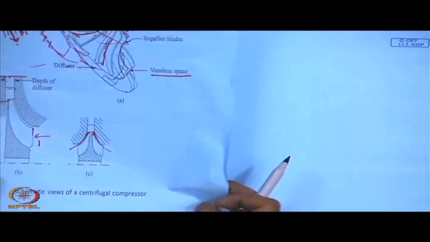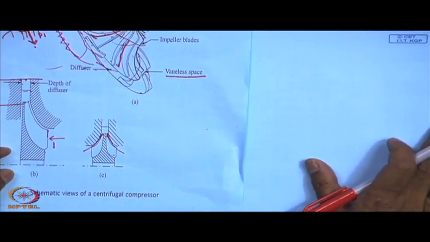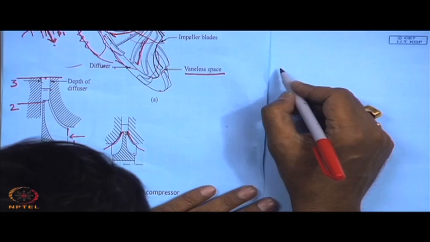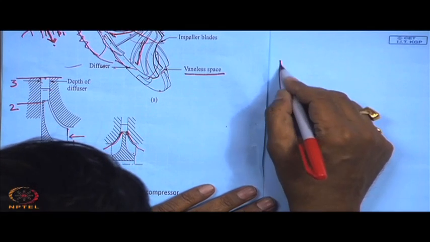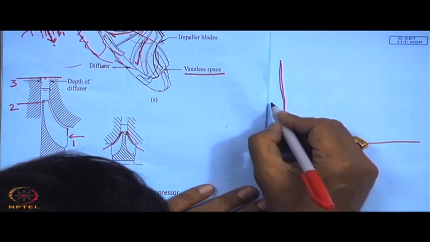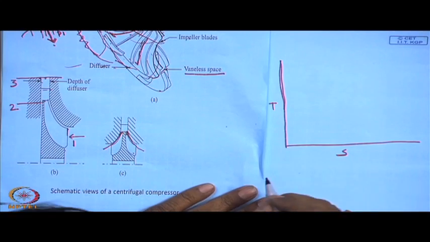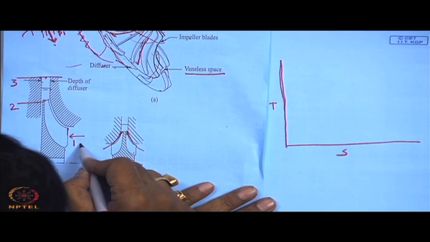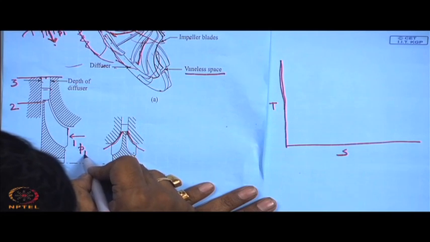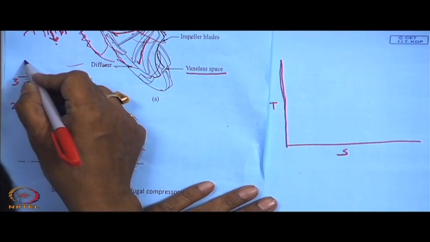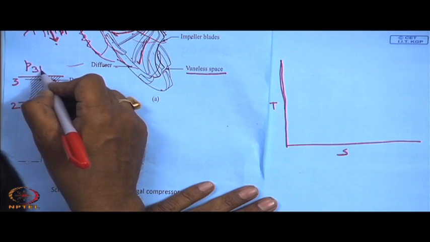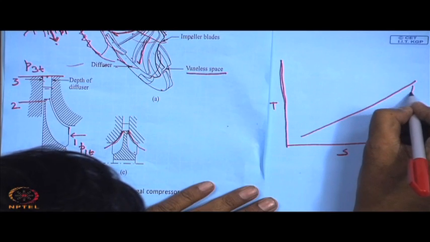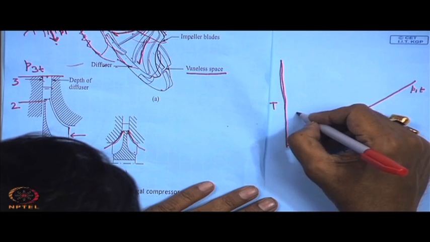So, now if you give this 1, 2, 3, can you see this 1, 2, 3? Yes. Then we can draw, in thermodynamics, the TS diagram. Okay. Let us consider now the pressure here is, total pressure is P1T, and at the end the total pressure is P3T, and we show these things like this, P1T, and we show this thing